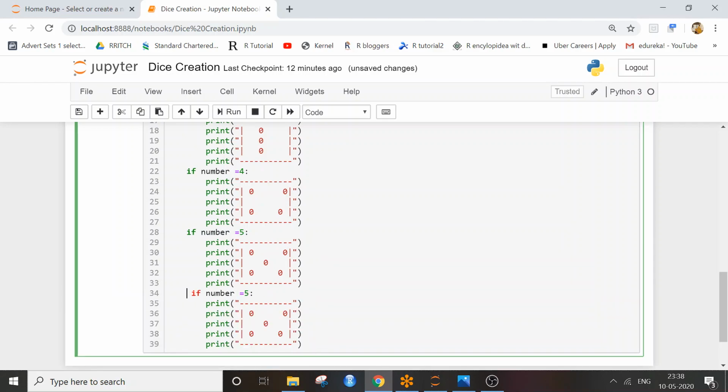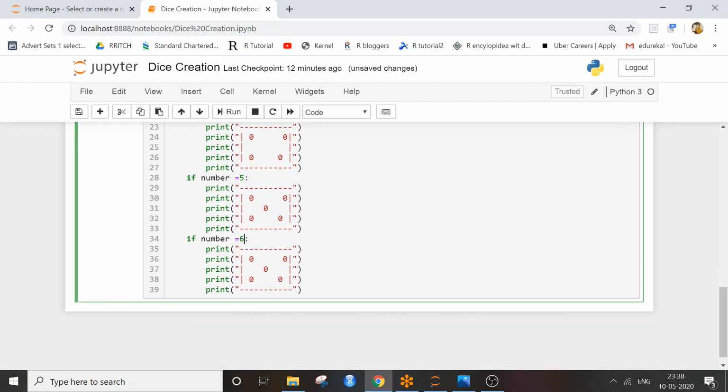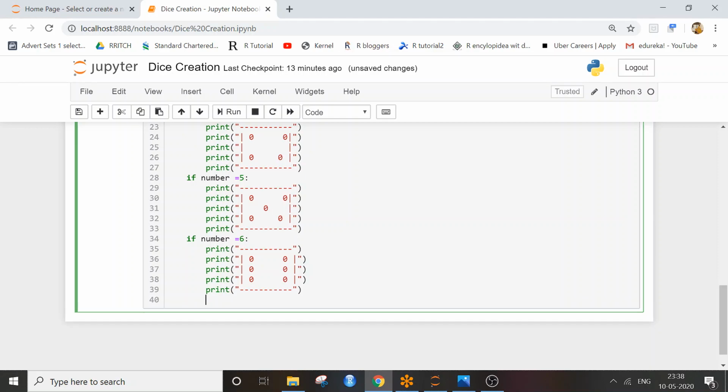So if it is 6, it will be 6 marked sides, which will be 1, 2, 3. I'll remove this in middle. Yeah. And at the end, I'll add an input here as x equal to input of